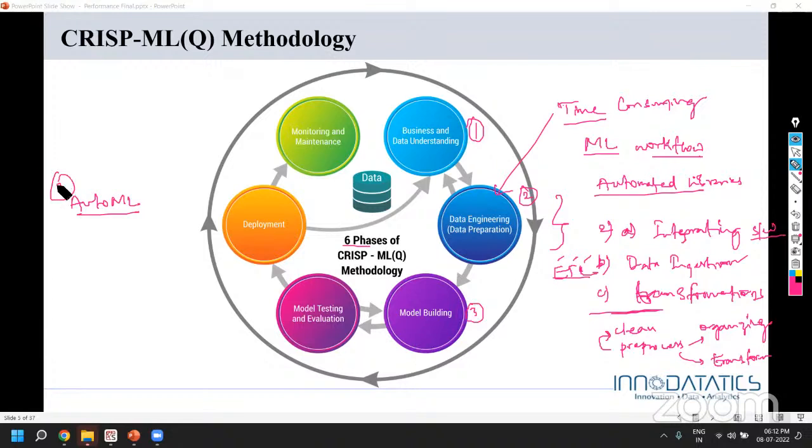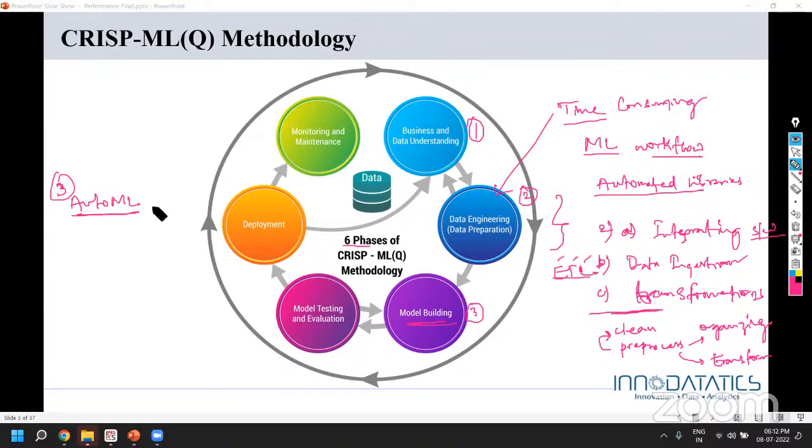Because in the ML workflow, there might be many machine learning models that can be implemented. As part of the demonstration of the code, we will be showing you the manual ways to run different models. But there are AutoML libraries which can be used, which will help us automatically try all the possibilities and then give us the best result.